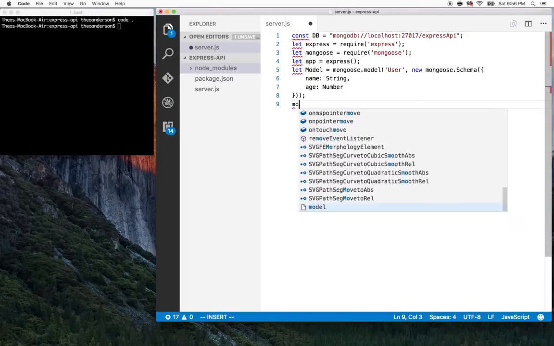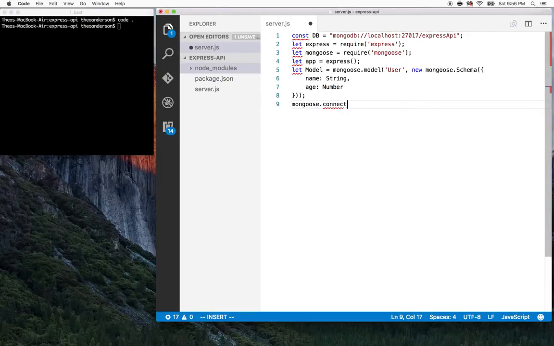And so next up, we got to actually connect to our database. So I'm going to do mongoose.connect. And we're going to pass a DB. And then the second function is an error. And then the DB actually hook that we're going to have. We'll say if there's an error connecting to the database, let's just return the error. Else, let's go ahead and do